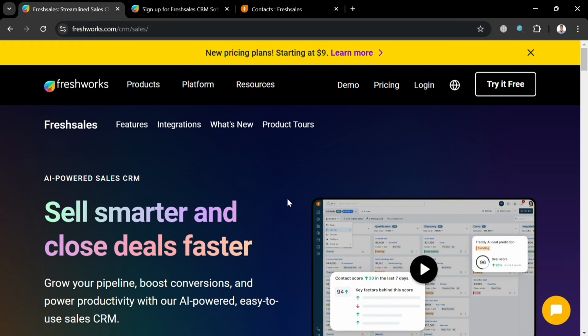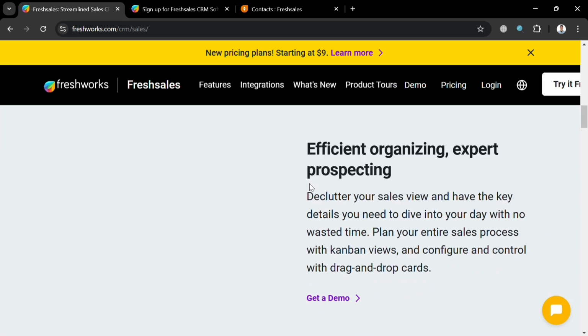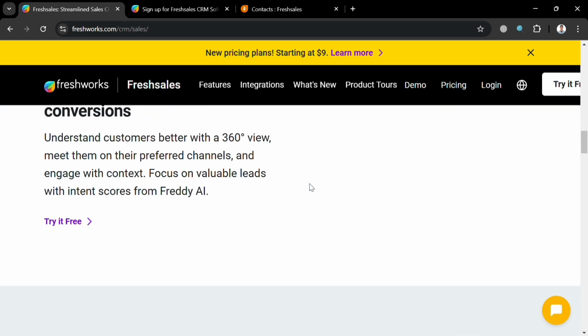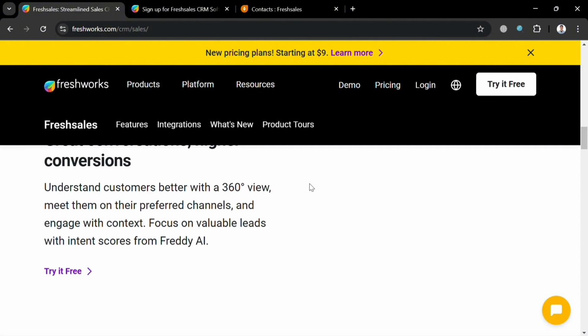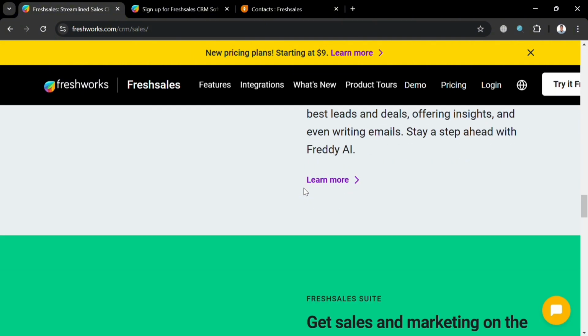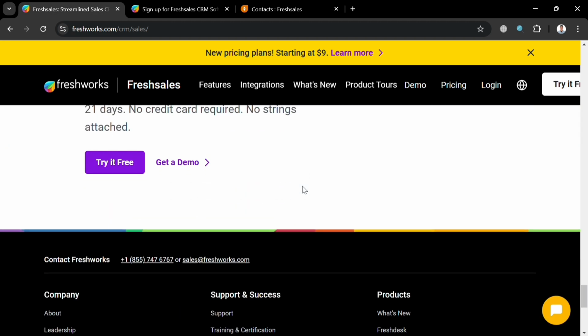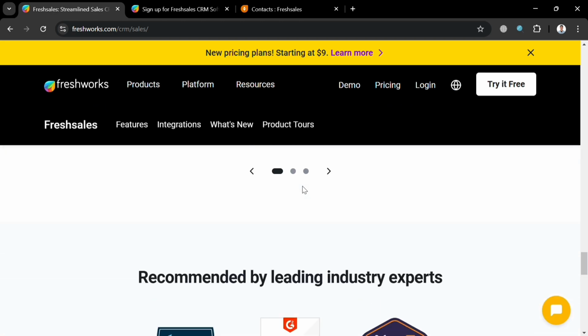But before that, if you don't know what Freshsales, also known as Freshworks CRM, is, it is a versatile customer relationship management platform designed to help businesses of all sizes manage their customer interactions and sales processes effectively, in which it centralizes customer data, enabling real-time access and updates, which enhances the ability of sales teams to track interactions and